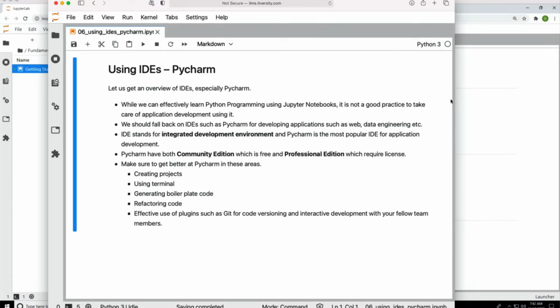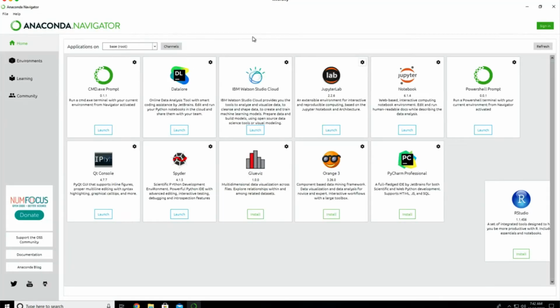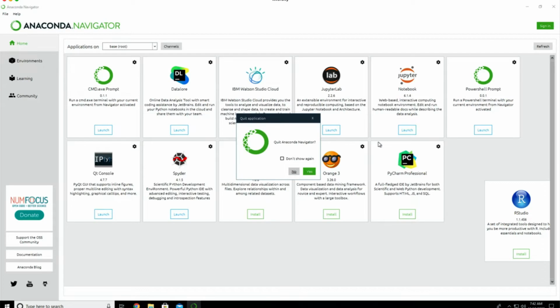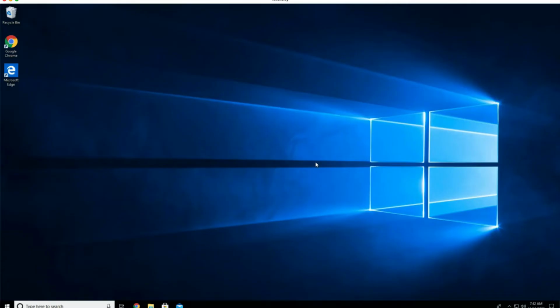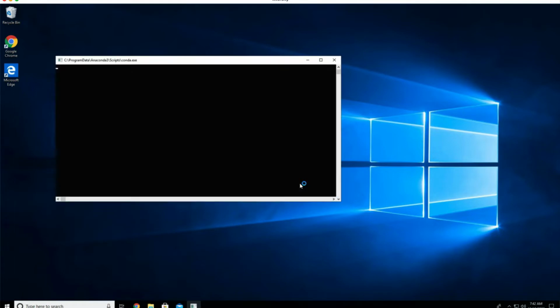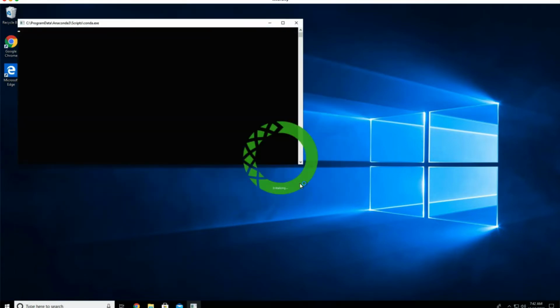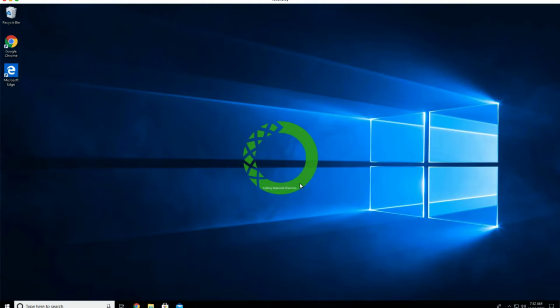That being said, on Windows, if you want to set up PyCharm, you can go to the browser. I'm already in the browser. Let me close this, and also let me close Anaconda for now because it is not relevant anymore in the pursuit of setting up PyCharm. As part of Anaconda itself, you have PyCharm Professional. If you open Anaconda Navigator, there is PyCharm Professional installable. You should be able to install directly using this Anaconda Navigator. Let's wait until this comes up and I will show what I'm talking about.